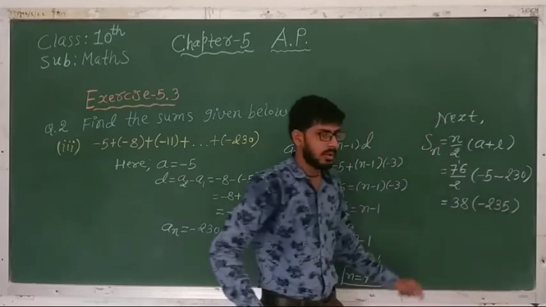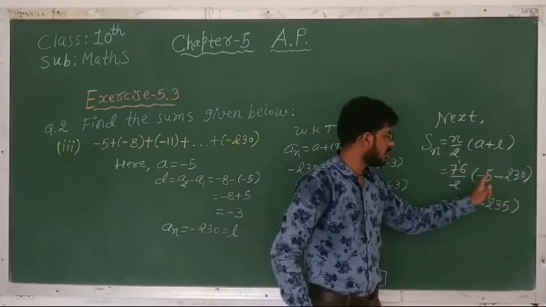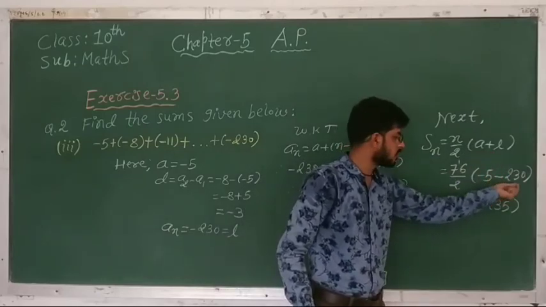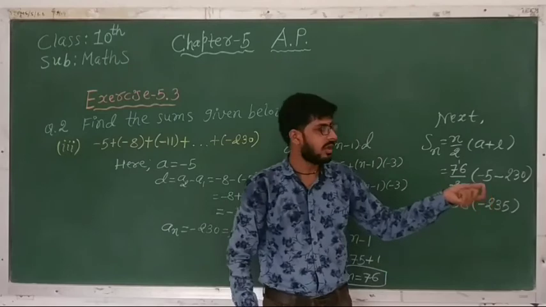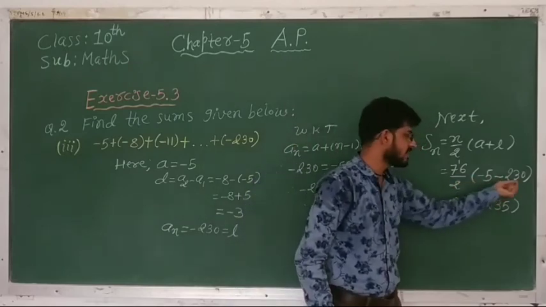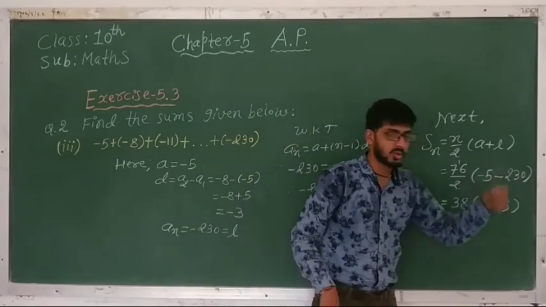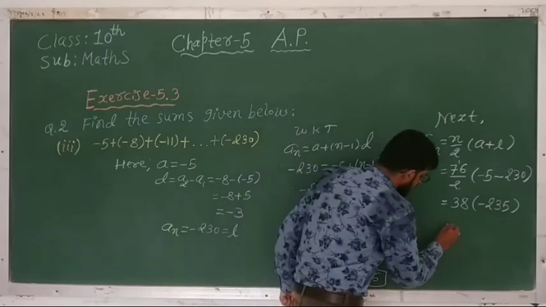Yes or no? Because 230 plus 5 will be 235, and the sign is negative, so the answer is minus 235. So our final answer is